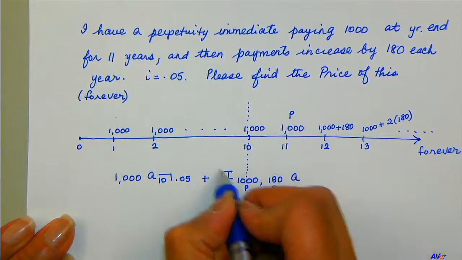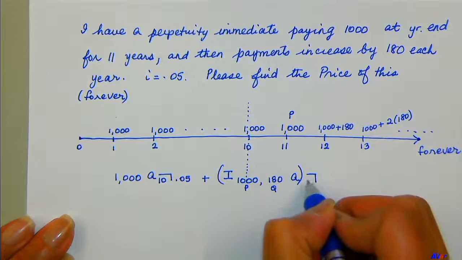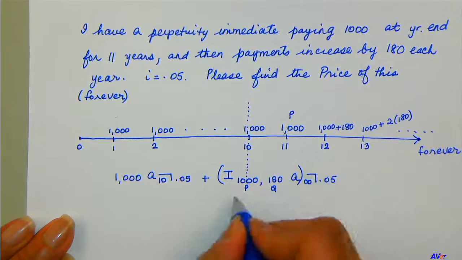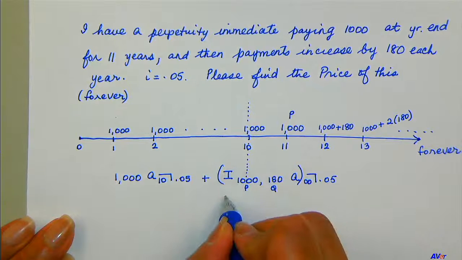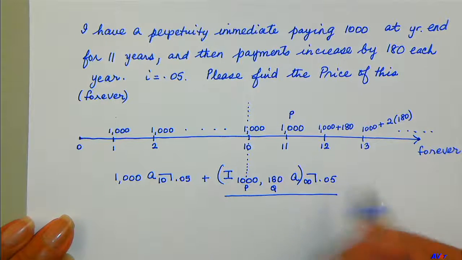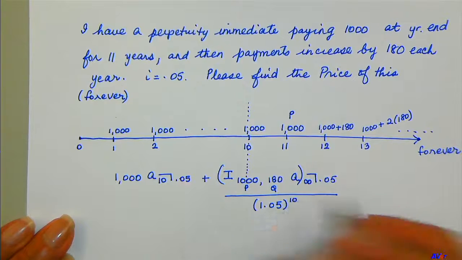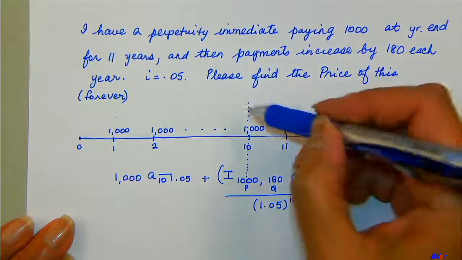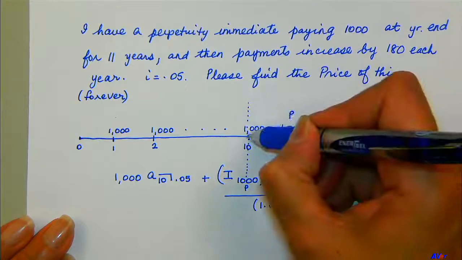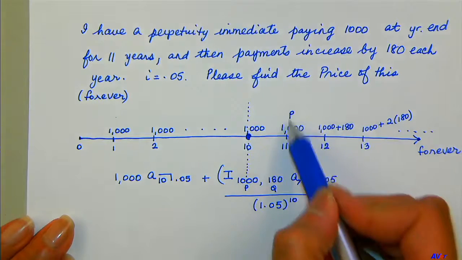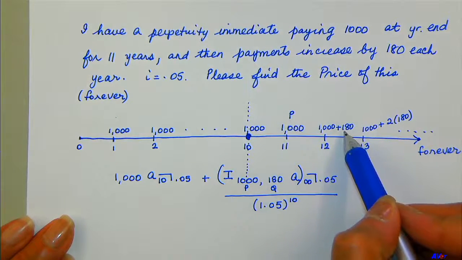A angle infinity, 0.05, divided by 1.05 to the 10th power. Look what I'm doing, guys. I'm finding the present value here of this increasing annuity where P is 1,000 and the increment is 180,